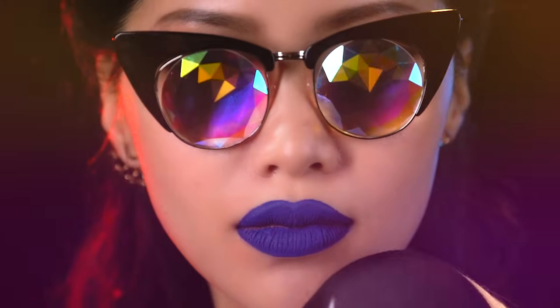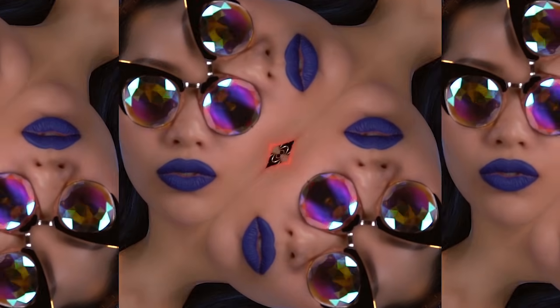And speaking of statement, music festival season is going to be around the corner and people just want to look different and unique. So when it comes to psychedelic anything, I feel like Holes Eyewear knows what's up. They were the first to make these kaleidoscope sunglasses. And a lot of them that they had at first were really hard to look through because it was a prism effect. So when you wear them, everything looks like a prism. It looks like you're looking at the world through a kaleidoscope. These new ones that they made are much easier to wear because you can actually see through them